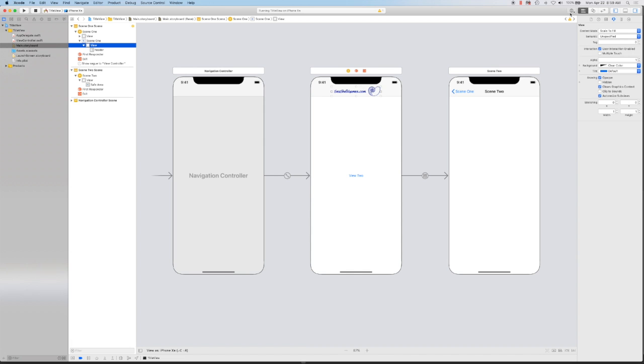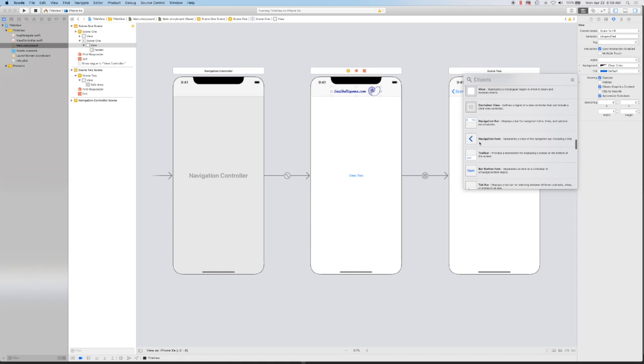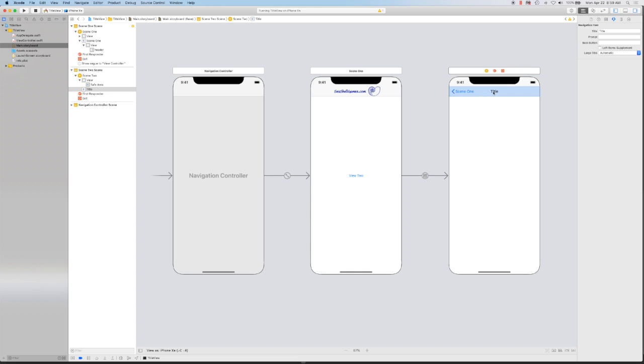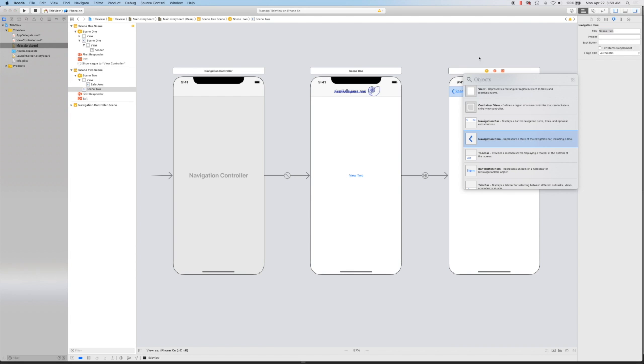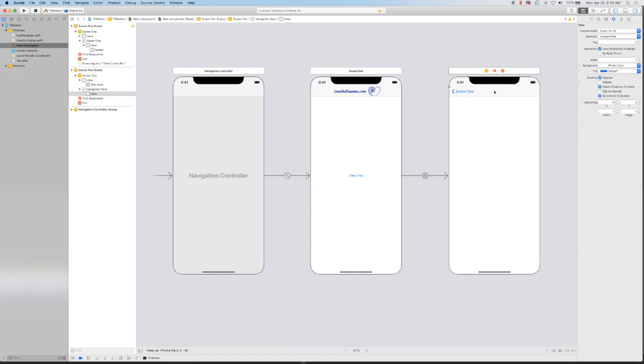So with the second scene here too, you can also see that that navigation item isn't there as well. So what you have to do is actually go ahead and grab a navigation item here, and then you can drop that into there. Okay, now you've got your title. Let's go ahead and change this to scene 2. And then you can do the same thing that we did before. We can go ahead and grab a view, drop that in there, set the view width and height to 225 by 44,